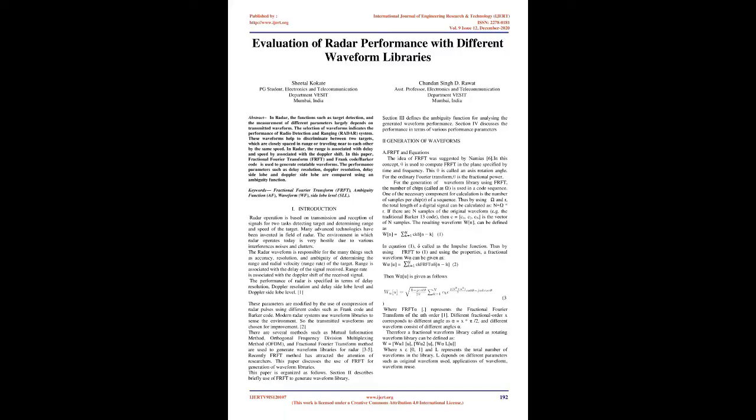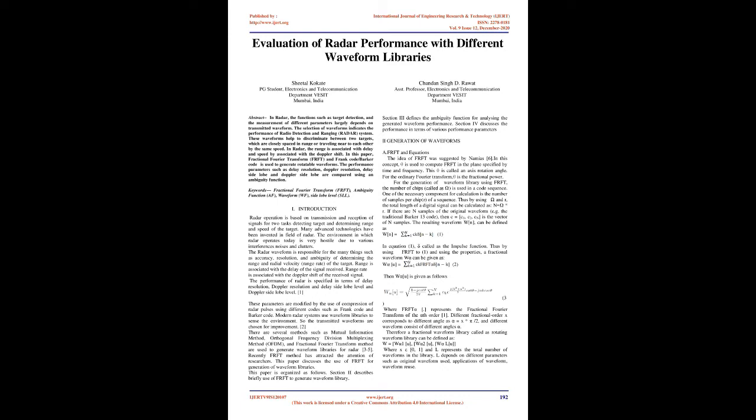Evaluation of radar performance with different waveform libraries. Abstract: in radar, functions such as target detection and the measurement of different parameters largely depend on the transmitted waveform. The selection of waveforms determines the performance of a radio detection and ranging (radar) system. These waveforms help to discriminate between two targets which are closely spaced in range or traveling near to each other